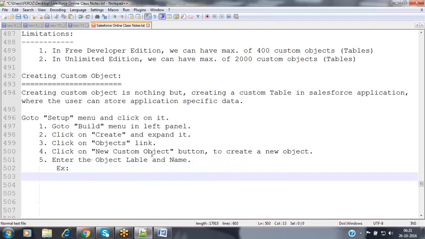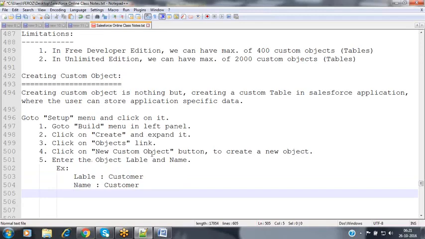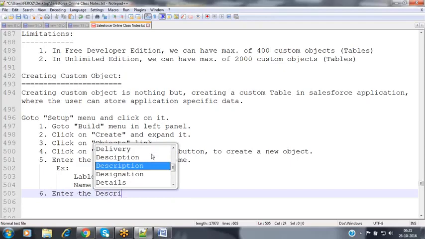For example, I'm giving the object label as Some Customer, and the name also as Some Customer. Enter the description for the object.